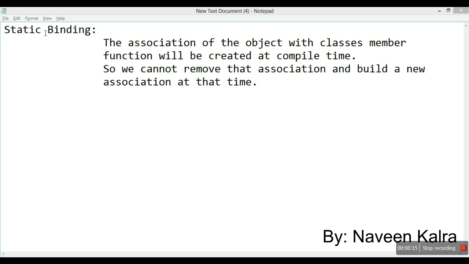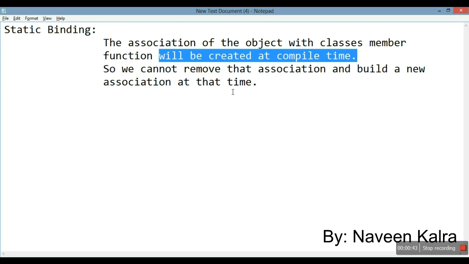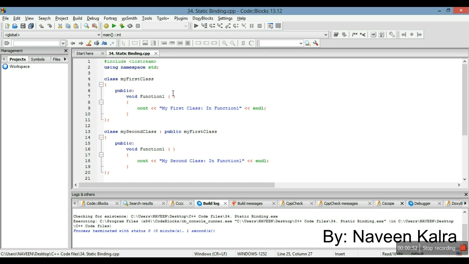Before that you need to revise some concepts that you have already studied about the new operator. The new operator is used to dynamically assign memory at runtime. So whenever we create a pointer of a class, even if we are assigning the value at runtime by using the new keyword, the association of that object with the class's data members and member functions will be created at that time, and that association cannot be removed and we cannot build a new association. Let me just take you to the code so you will be familiar with